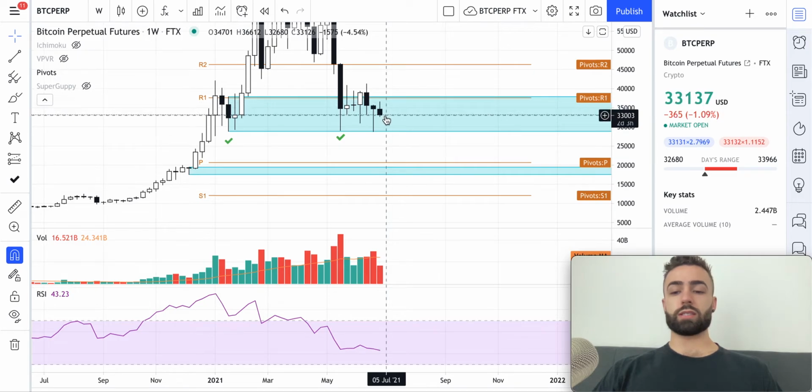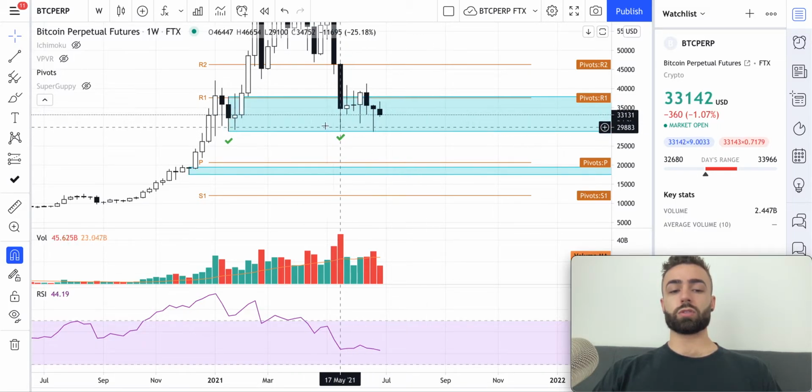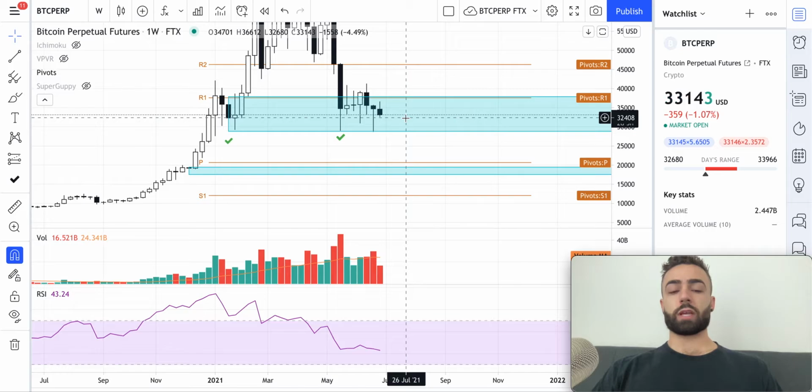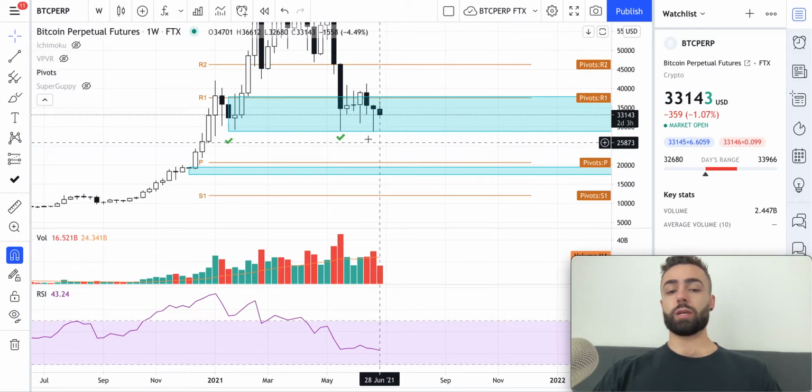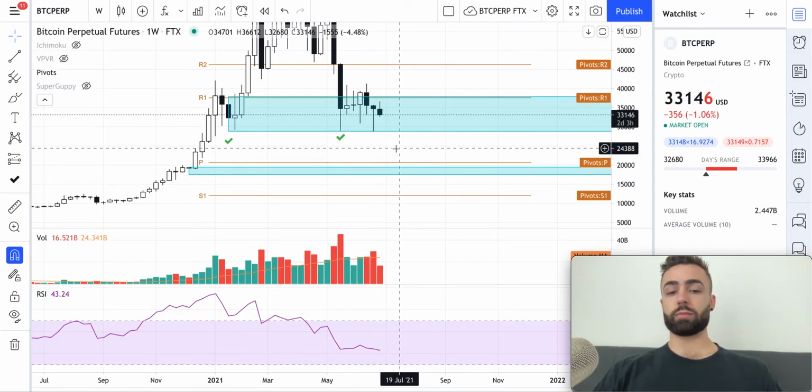So if we test this again, if this weekly candle closes above this low and then next week we open and we go below, we'll likely close below this light blue zone. And then if we get 2 candle closes below this light blue zone,